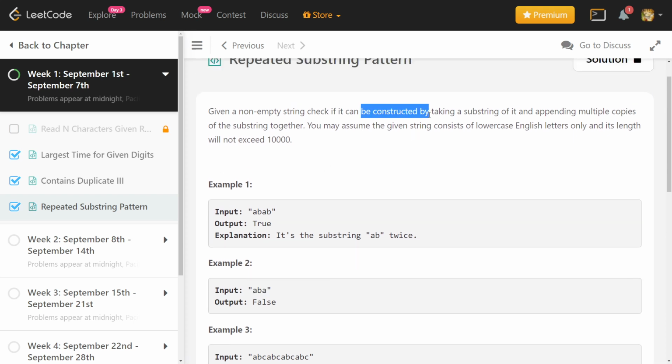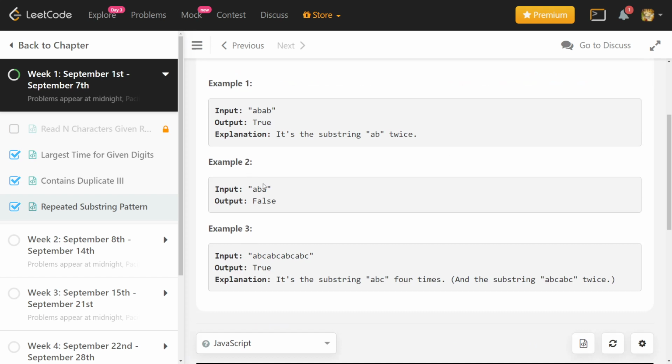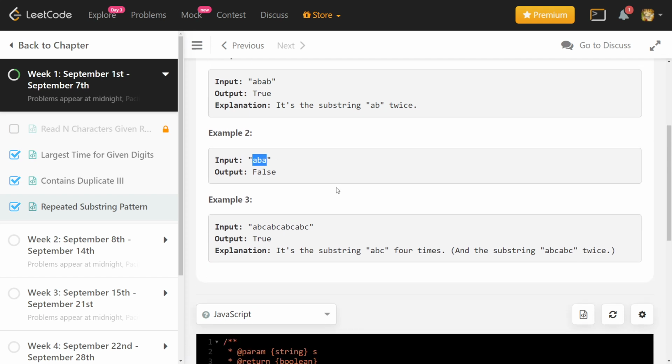It is not explicitly mentioned, but it is saying appending multiple copies, which means copies should be more than one. So if you take A, you can't form ABA because there is B. If you take AB, then the next string you can form is ABAB. So you can't do anything, and you can't take the full string.